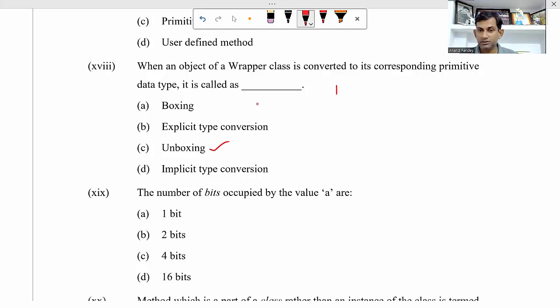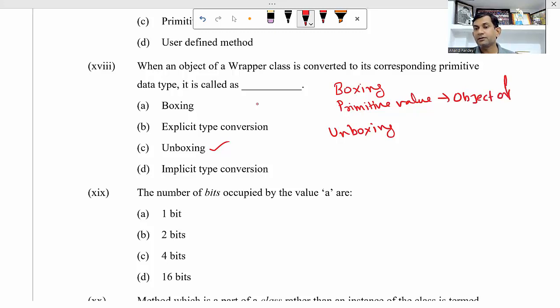You know, there are two things, boxing and unboxing. So what happens in boxing? In boxing, a primitive value is converted into the object of wrapper class. Okay, this is the process of boxing. Conversion of a primitive value into the object of wrapper class is called boxing, and unboxing is